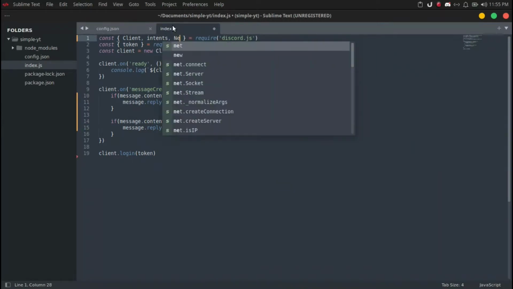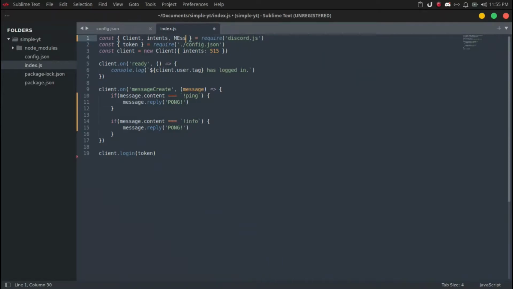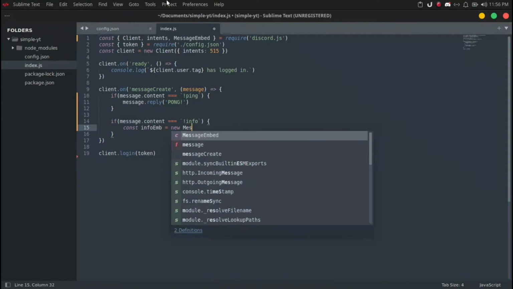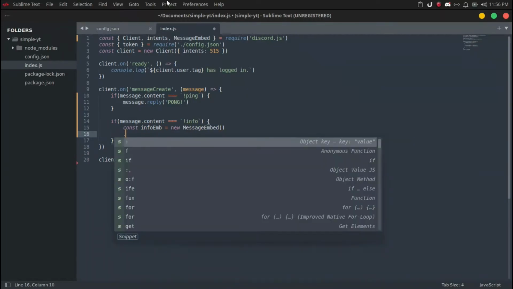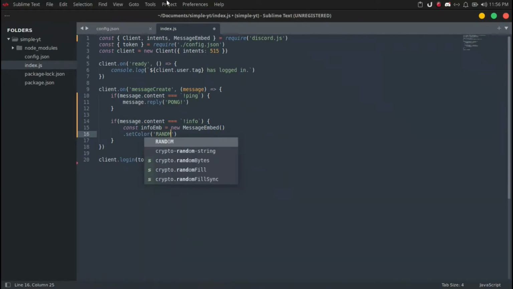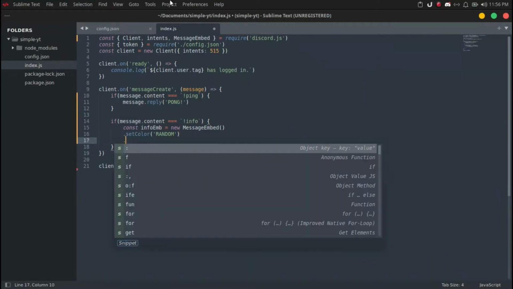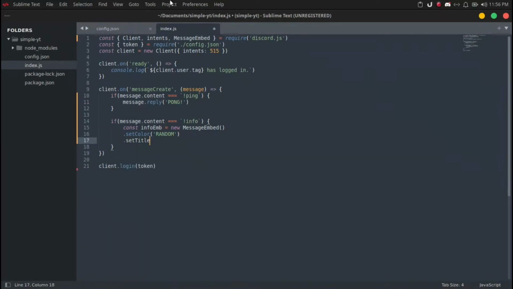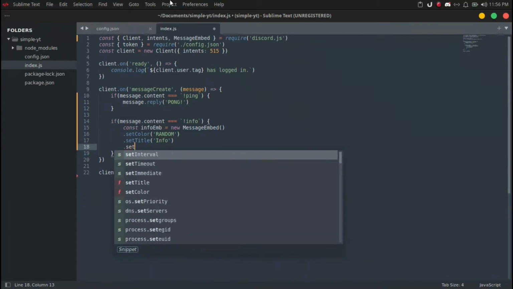So add right here MessageEmbed. Alright, so I've added MessageEmbed right here. So right here, I'm gonna create const infoEmbed equals new MessageEmbed. I'm gonna set the color to random. I'm gonna set the title to info, right, dot set